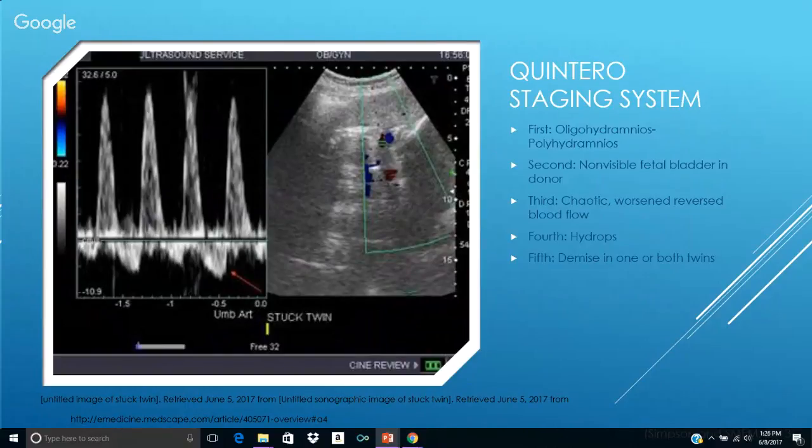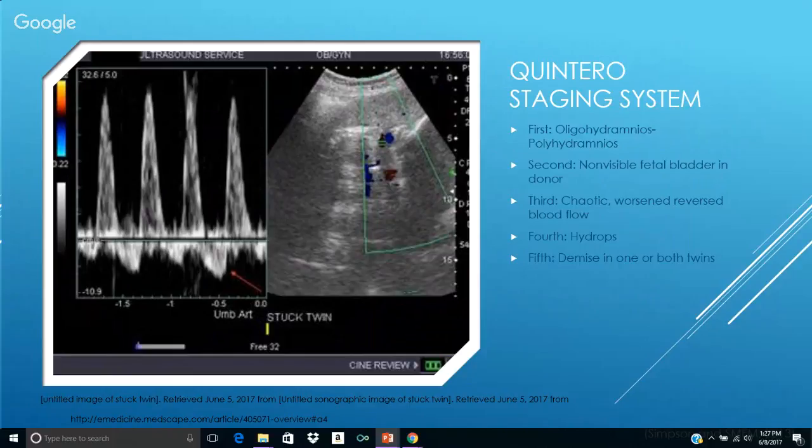So, once the twins have been diagnosed with twin-twin transfusion syndrome and the oligohydramnios and polyhydramnios is detected, from this point on, a practitioner would recommend that these twins get weekly ultrasounds and they manage and stage these twins according to the Quintero staging system. So the first stage is the oligohydramnios and polyhydramnios. This means that the donor twin's amniotic sac is below the 5th percentile of the average fluid level, and the polyhydramnios is above the